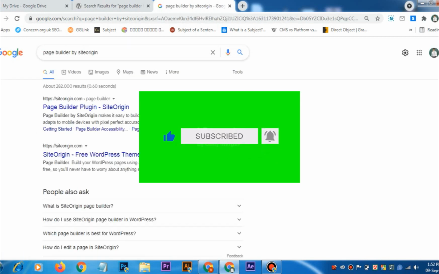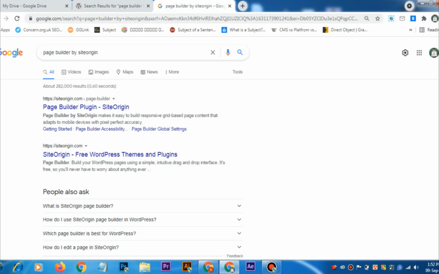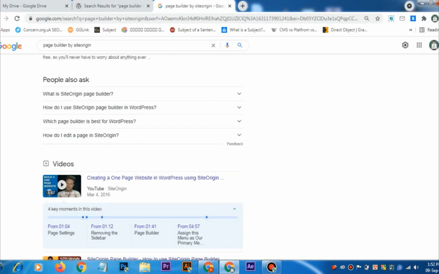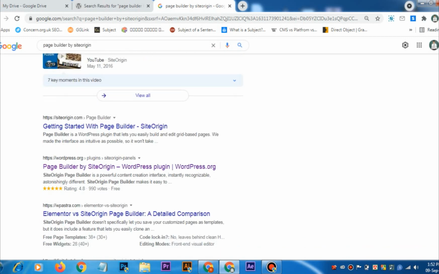Just scroll down the page. Here it is also showing Page Builder by SiteOrigin from their official website, but we want to download or review it from wordpress.org. That's why we are searching the wordpress.org website.